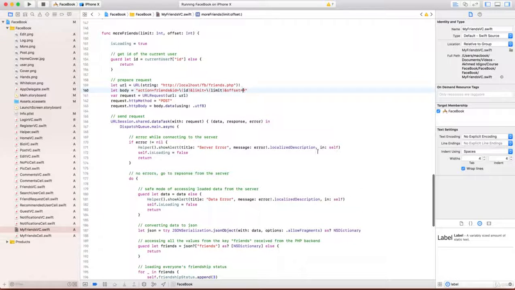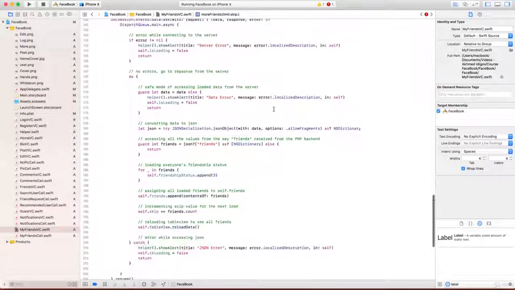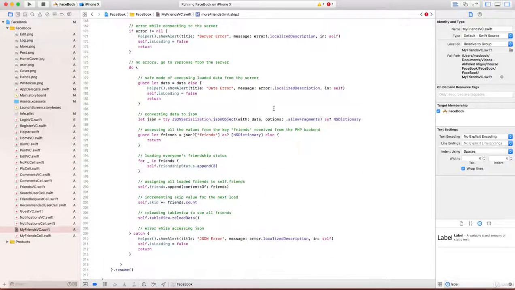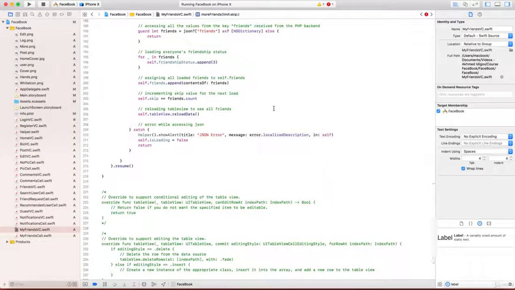And we want to skip the first loaded users, so here in the body we'll make a reference to left slash open and close round brackets, and here let's put a value which is skip. Here, instead of offset, we can write skip. Okay, very good. Then another change is